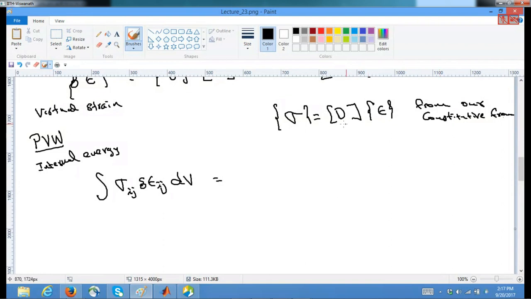For linear elasticity, D was given in the previous lectures for the plane stress and plane strain condition. So what I will write, this can be written as